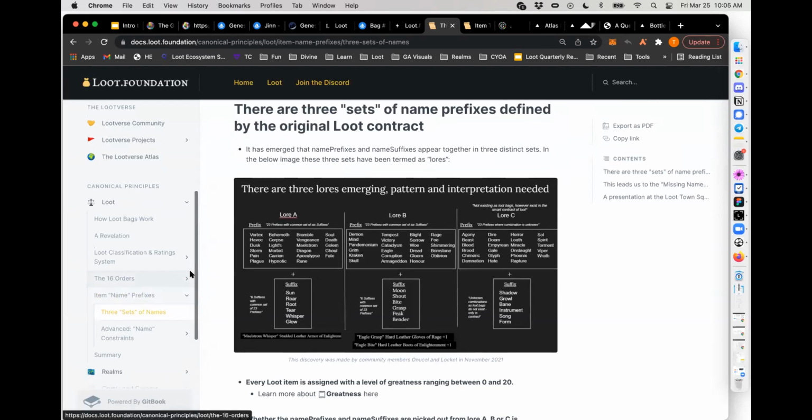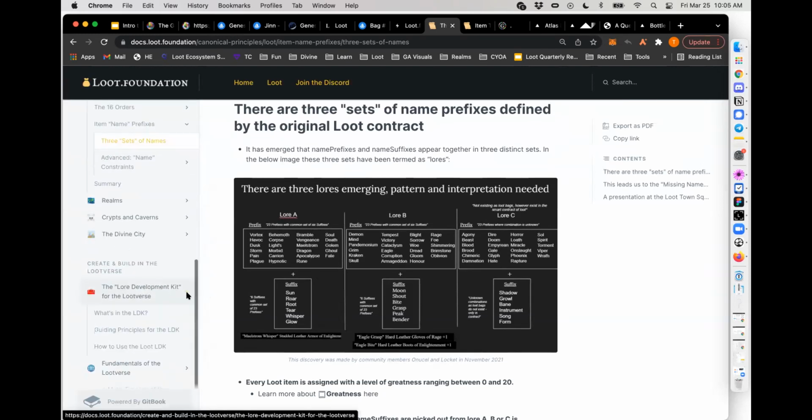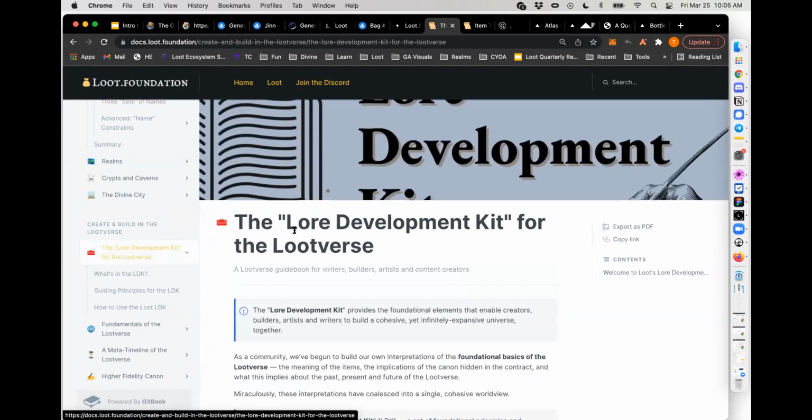So stuff like this is in here, as well as, I mentioned the word LDK before. LDK refers to a lore development kit, like a software development kit, but for collaborative world building. I think we were the first ones. A guy named Loot Hero coined that term LDK. And when I searched for lore development kit on Google 2 months ago, there were 0 results, and now there are some results. So it's kind of fun to find the rough edges of Google and look out over the edge of the world and realize that you're creating something new.